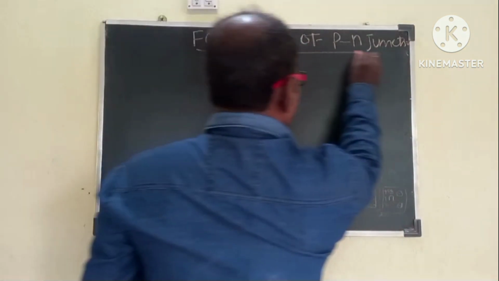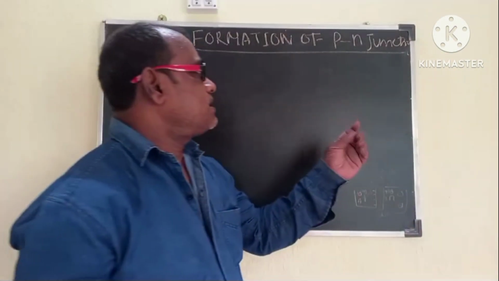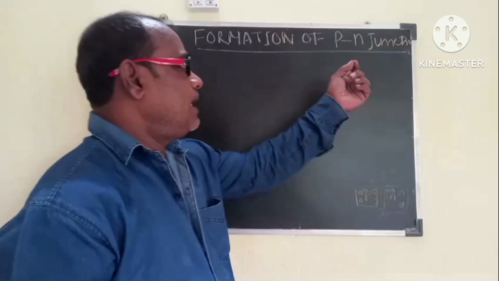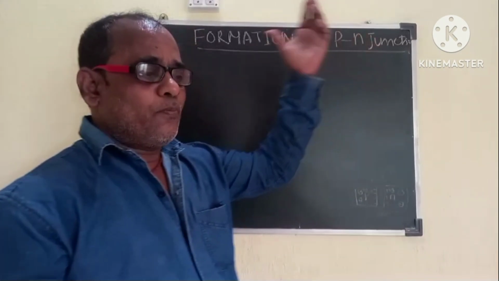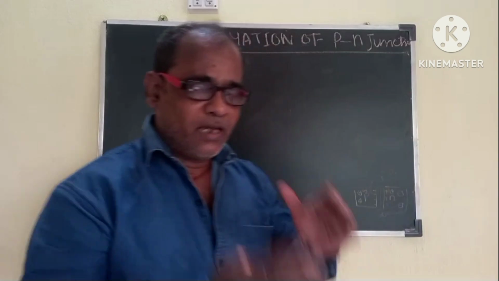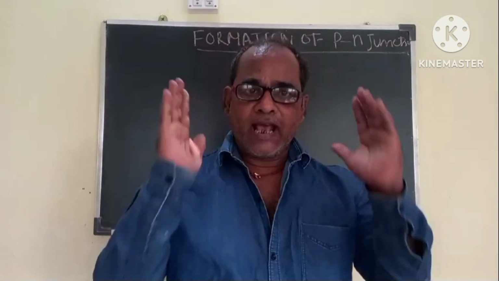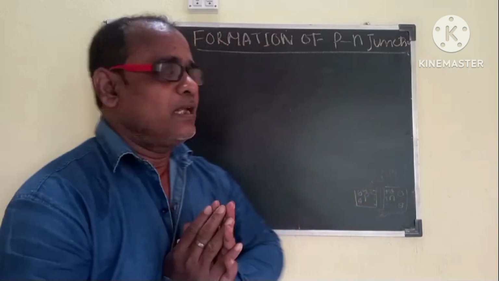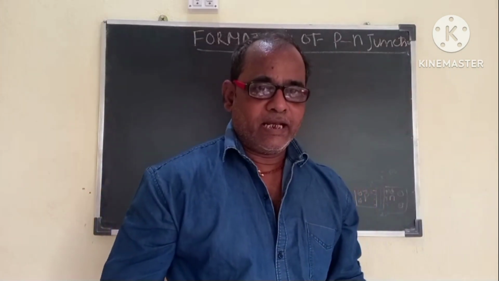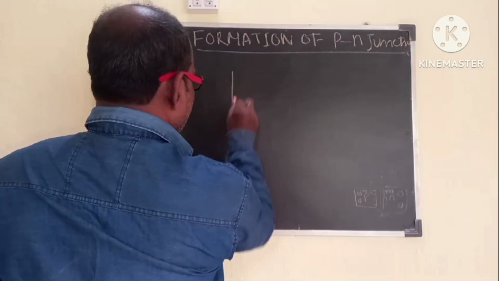To understand the formation of a PN junction, we have to take P-type crystals and N-type crystals. When we take P-type and N-type crystals and bring them in contact with each other, assembled as a single piece, we call it a PN junction diode. Let us see it with a diagram. Suppose